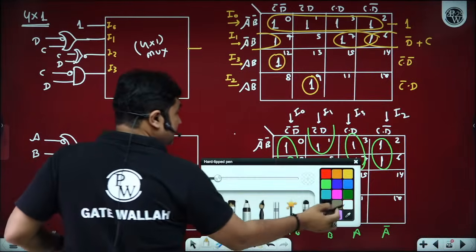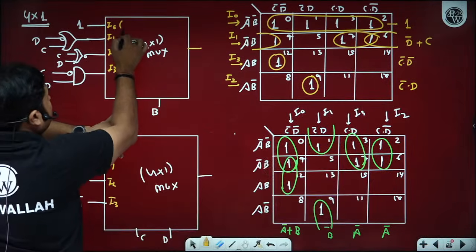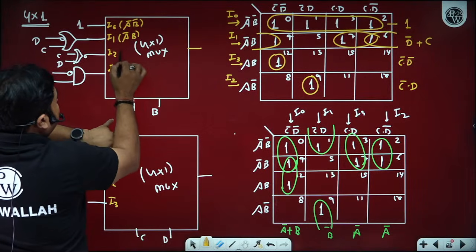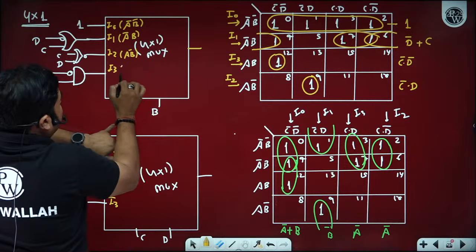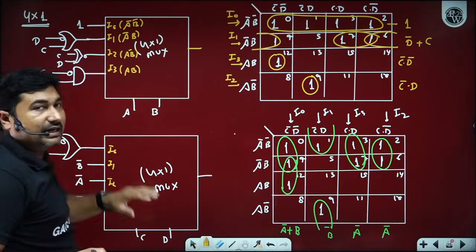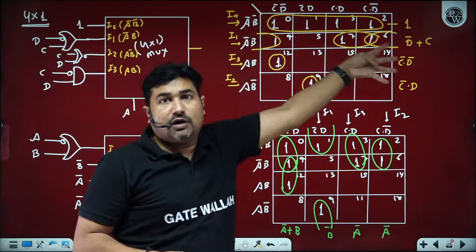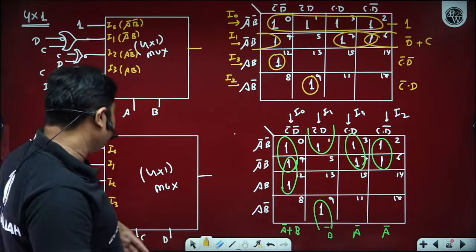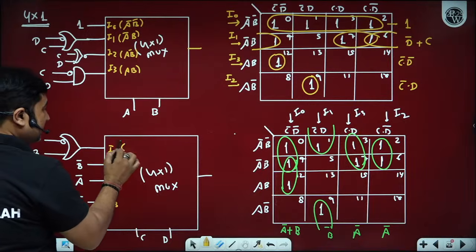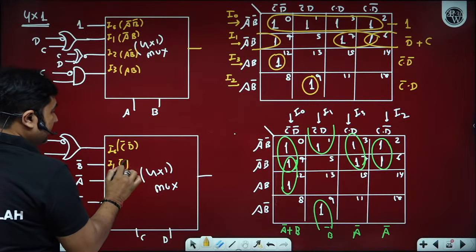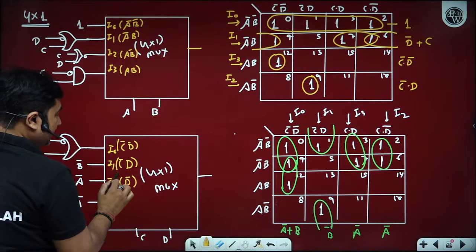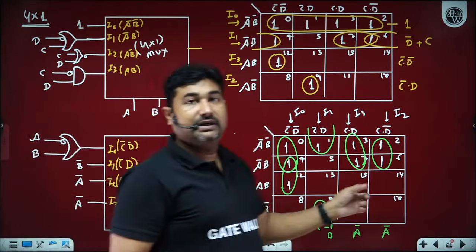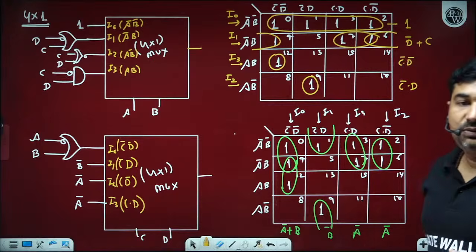See, when we are considering AB onto the select line, then A bar B bar is available because of the select line. A bar B is available, A B bar is available, AB is available onto the select line. So we will only go with the horizontal pairing to find out of C and D what we need to apply. In the same way, if we have CD, then C bar D bar is available, C bar D is available, CD bar is available, CD is available. Now only we have to identify out of A and B. So only vertical pairings are allowed.